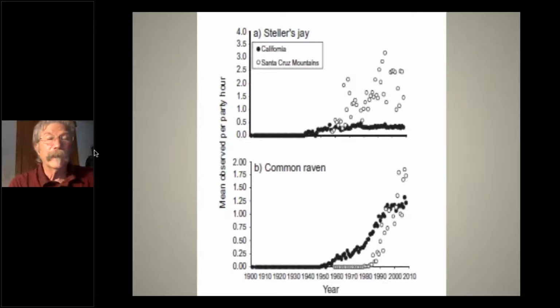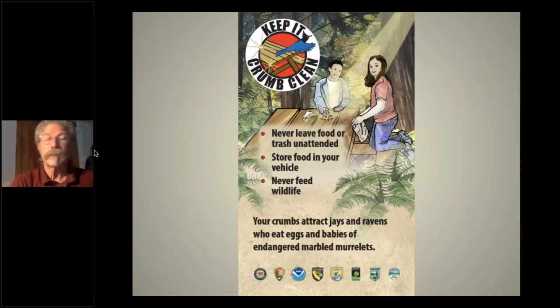And so understanding this change in habitat, edge effects, humans on the landscape, there are a few long-term data sets, and you can see from 1900 to current conditions, these ravens and jays have just exploded. So there's a campaign to deal with this, educating our community, our campers out in the campgrounds,